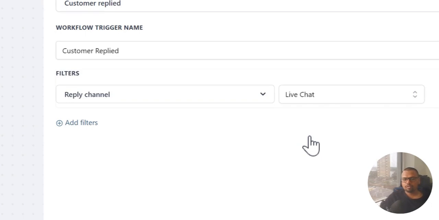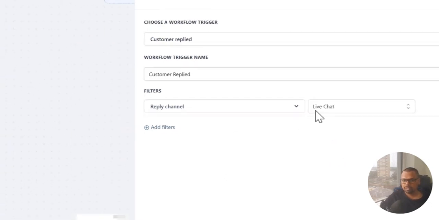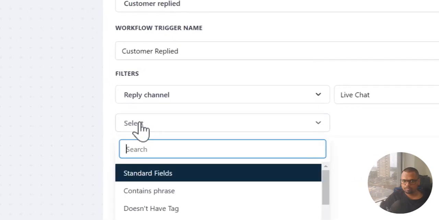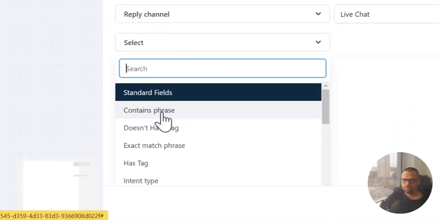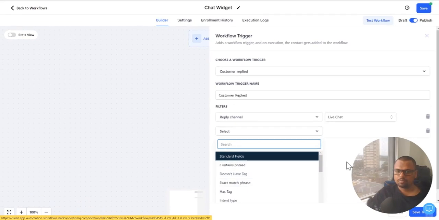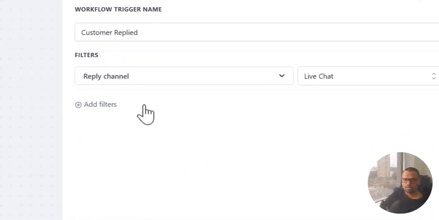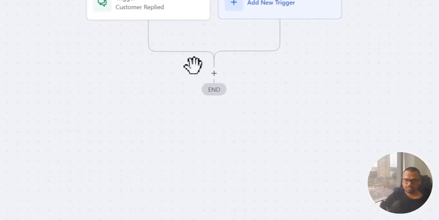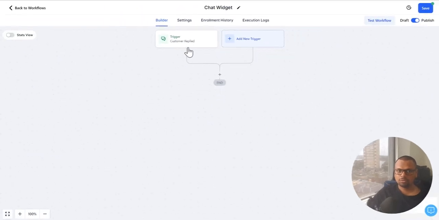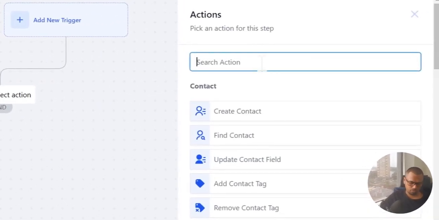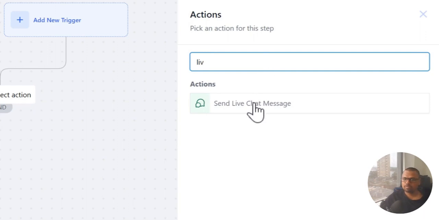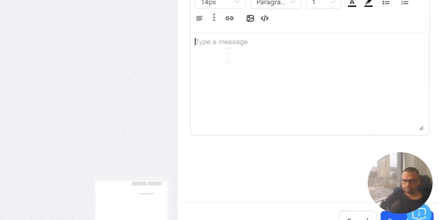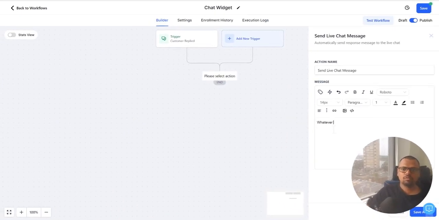Now, when a customer replied via live chat, you can add more filters if you want. You could say contains a certain phrase or not, or exact match phrase, but we are not looking into that for now. So if someone replies through live chat, we need to trigger other actions. So one main action we could do is we can actually send a live chat message back to the customer. So whatever we type here would be shown to the customer,